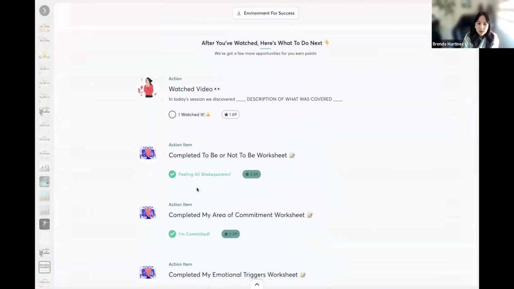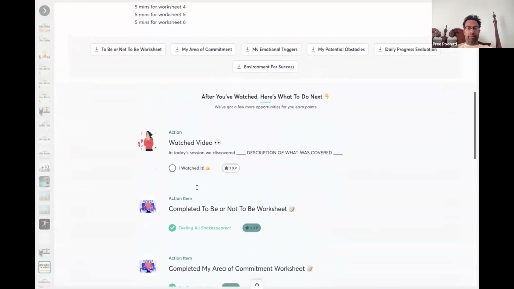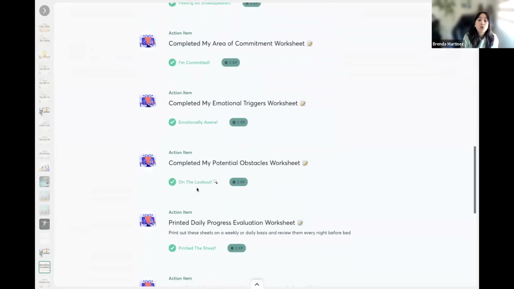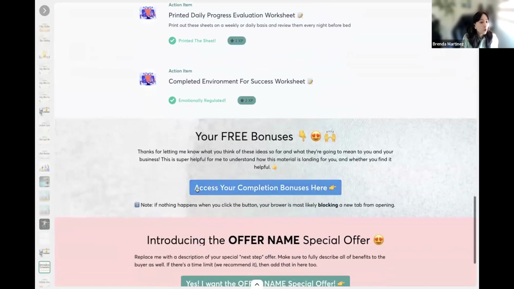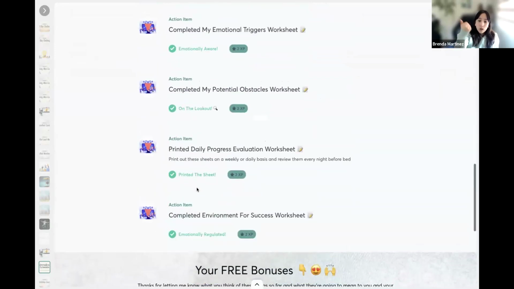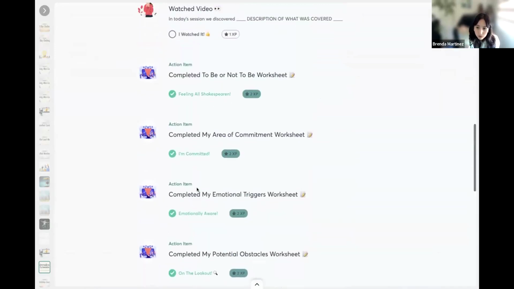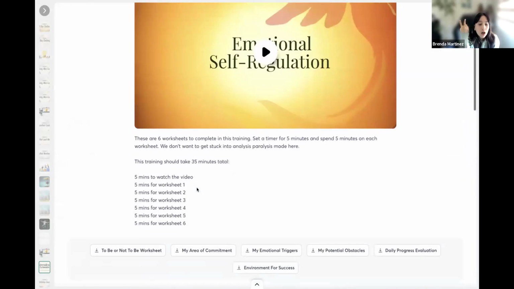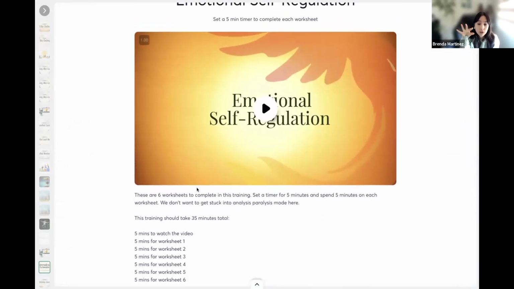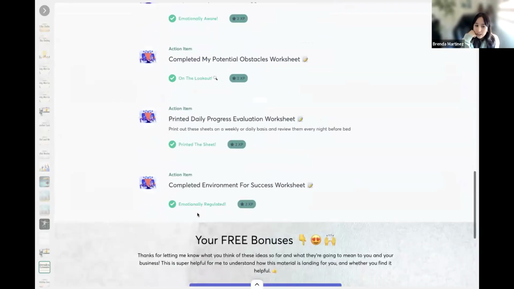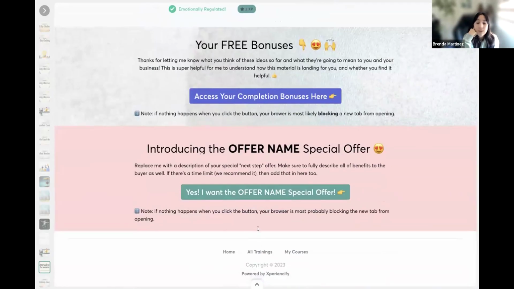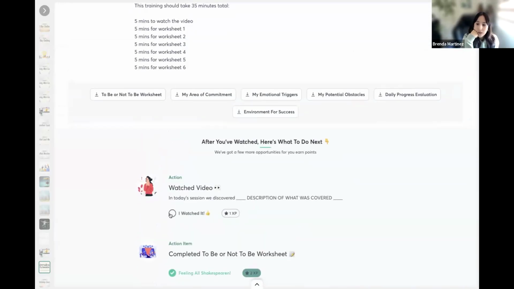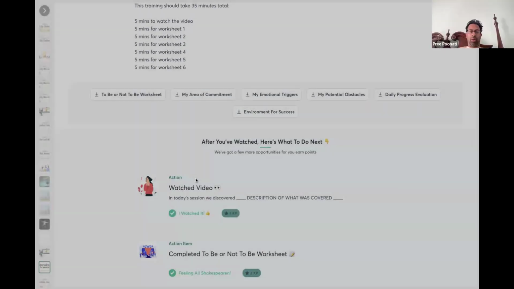However, let me tell you something about that. Your students aren't going to be able to see those blocks. You are seeing them because you created them, but your students won't see them unless they complete their free bonus, they complete the feedback in training number 2, and when they complete the whole course. So it's actually not distracting at all for them because they won't see them unless they complete the actions in your EMC. Okay, cool.